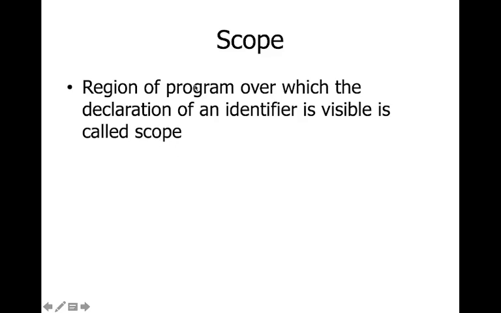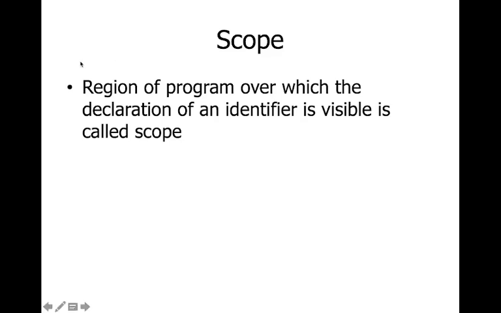So we have seen different types of variables. So we will be declaring some variables inside the function. We have already seen that whatever is defined inside a function will be visible only inside that particular function. So if you are declaring some variable in the main function, it will be visible only in the main function. So it won't be visible in the sub functions. And also we have already seen global variables and all.